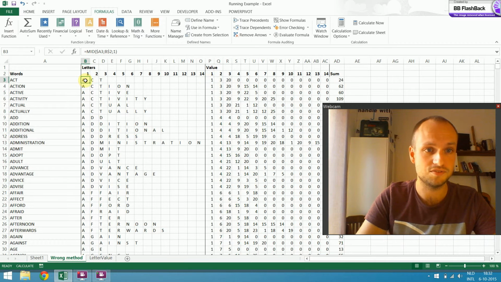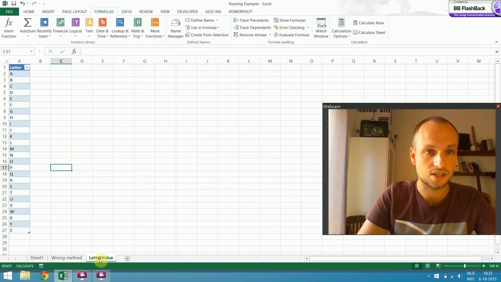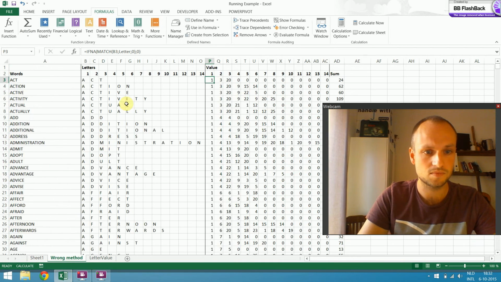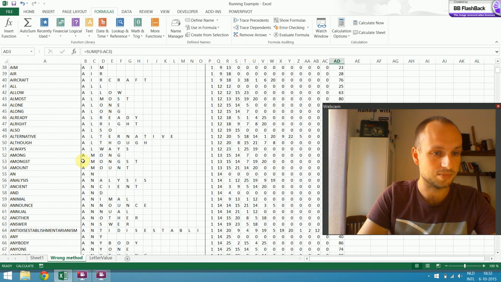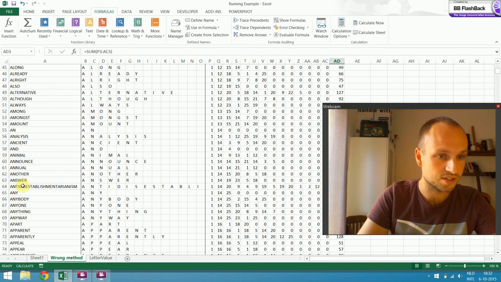Here I used the mid function to get the characters, and here I used a match function, which refers to this list of the alphabet, and then it gets the value of the different letters, and then the sum is calculated, which gives 24.